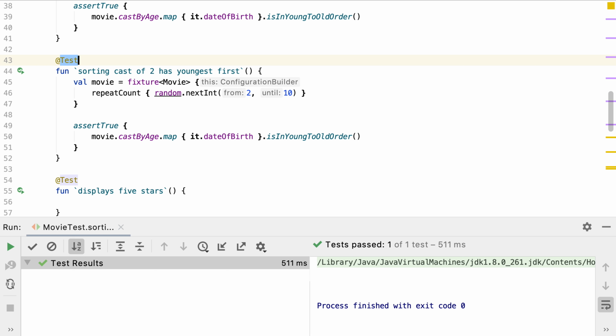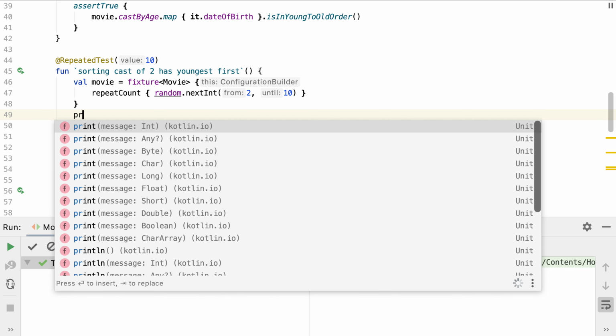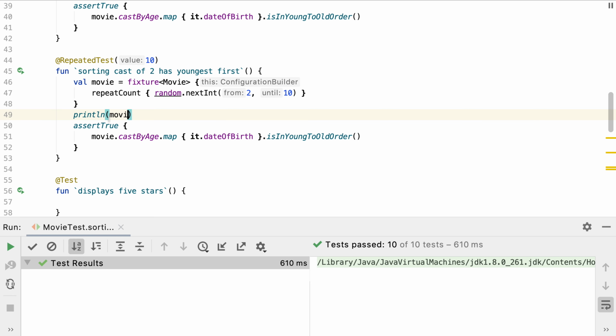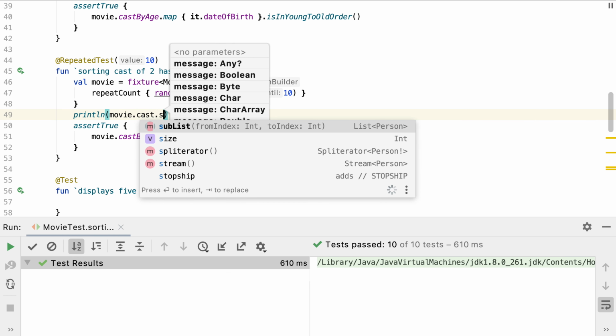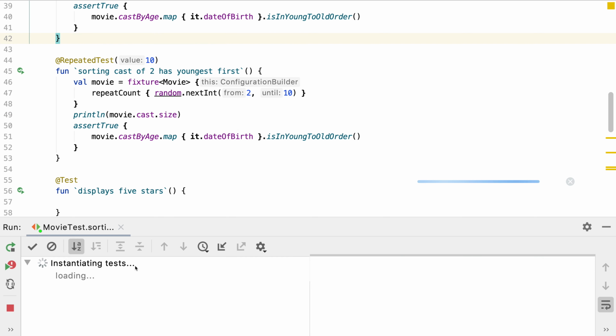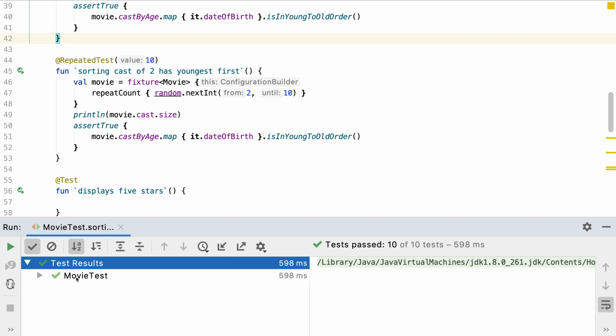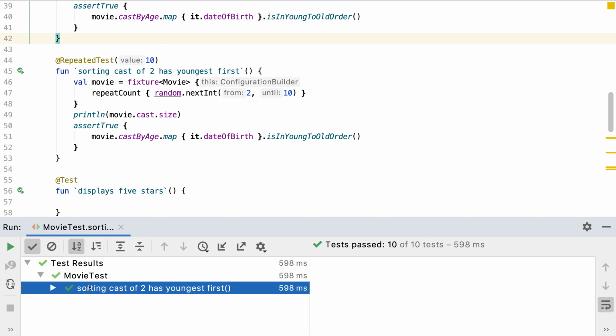We're using JUnit 5, so we can use the repeated test annotation to run this test multiple times and adding a print statement we can see what cast sizes are generated. Of course, we see the test run successfully with multiple different cast sizes.